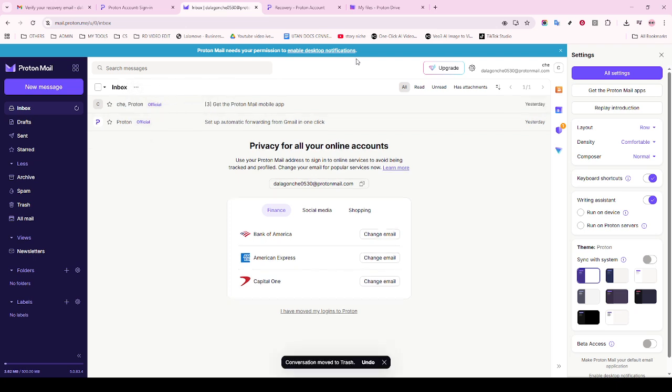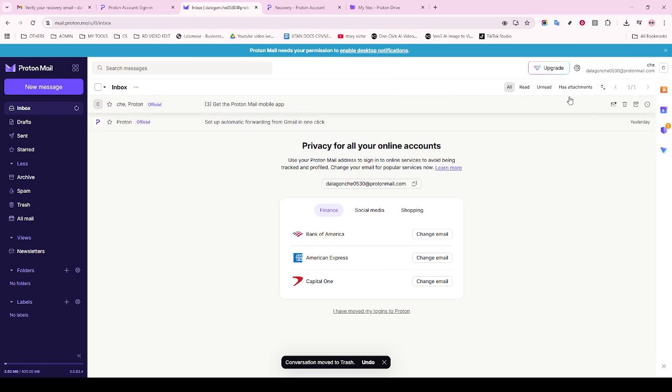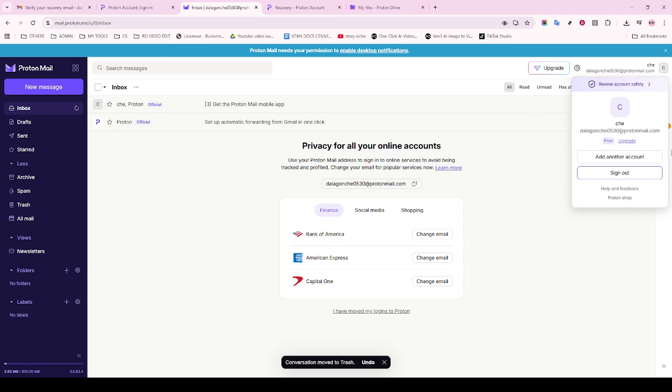First, let's start by opening your Chrome browser and logging into your Proton Mail account. If you don't have your login details handy, take a moment to retrieve them so you can proceed without interruption. Once you're logged in, you'll be greeted by your inbox, which is the dashboard from where you can manage all